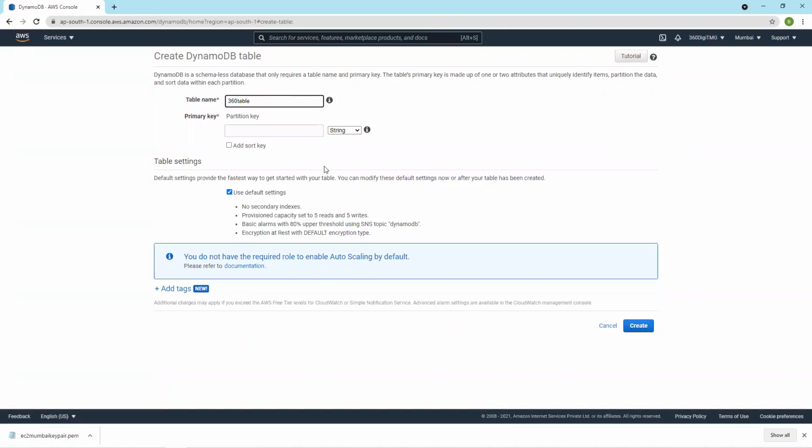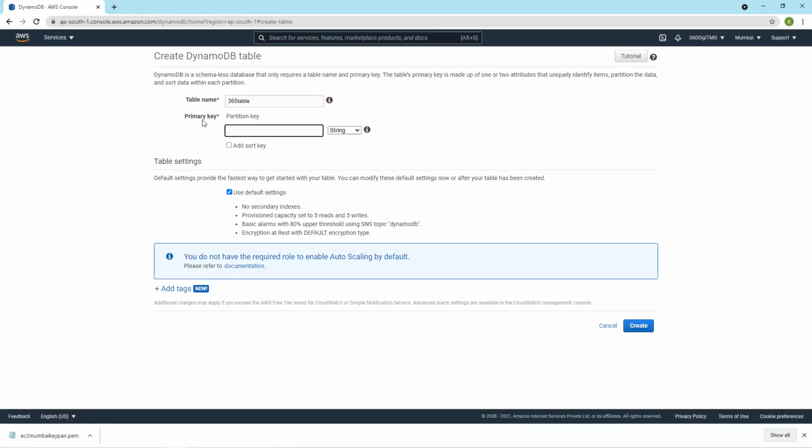Table name, let us call it as table. Primary key. And here how DynamoDB works is, here primary key is mandatory, and you can also add sort key. Sort key is also a part of primary key.